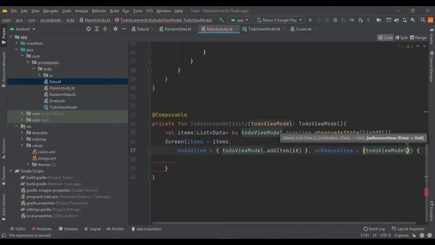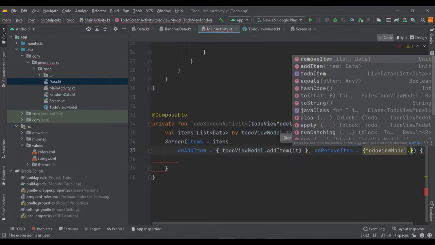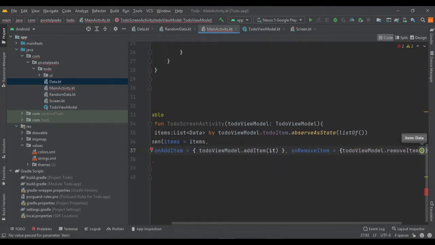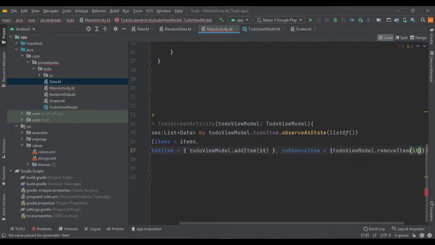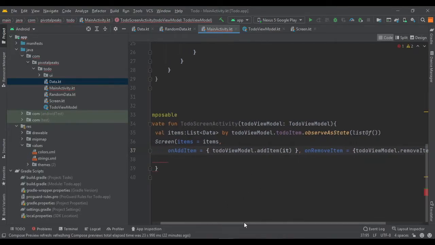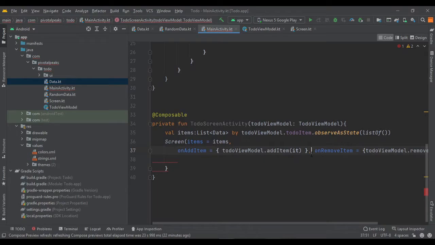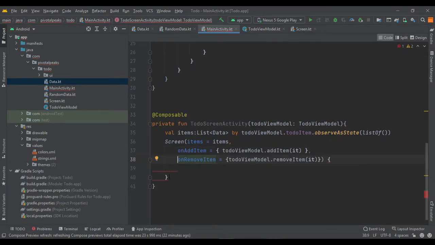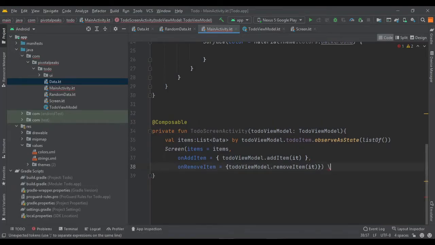So toDoViewModel dot removeItem, and let's pass it. What is the problem? Oh, maybe we need to remove this. We don't need this. Yeah, that's why it was causing the problem. And our screen activity is ready.